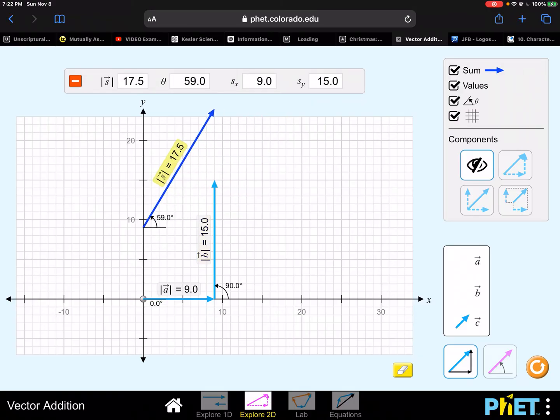And what I can do is, it's going to give me the numbers across the top if I select it. S is the sum vector, and it's telling me that it's 17.5 at 59 degrees. And the X component would be 9, the Y component would be 15, because remember, these two vectors, even though at right angles, I can use Pythagorean theorem, but I can also break them down to their X and Y components and add them together, add the X's together, add the Y's together,